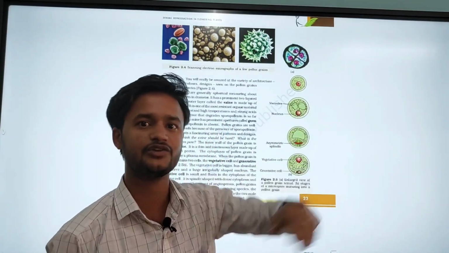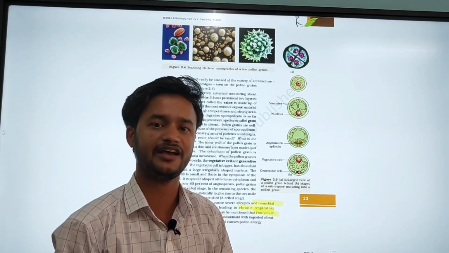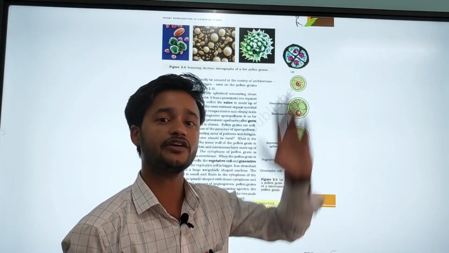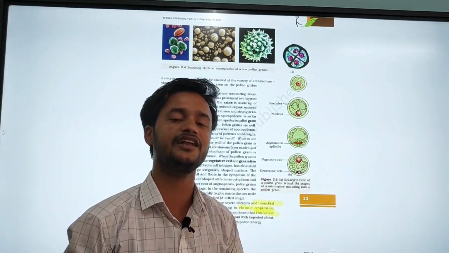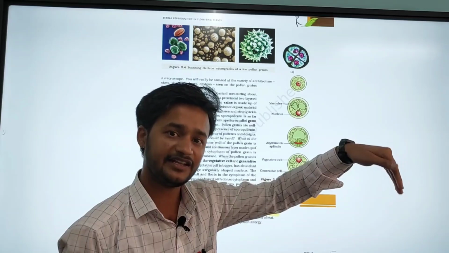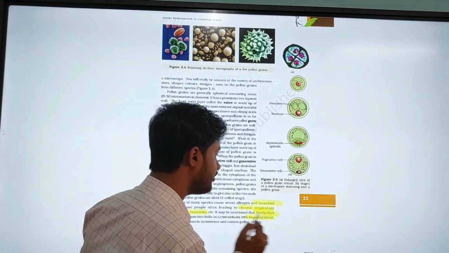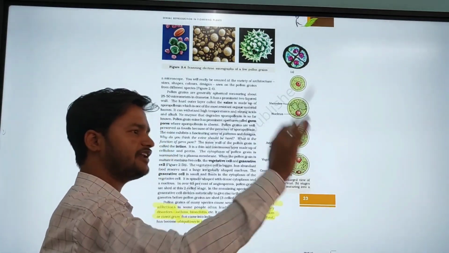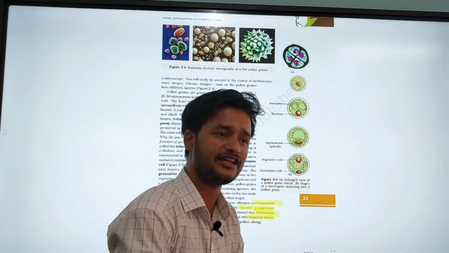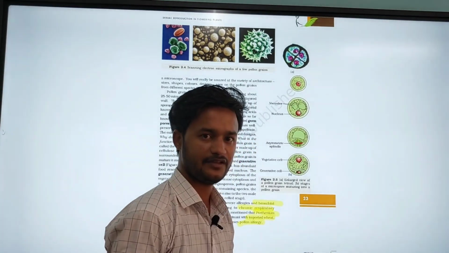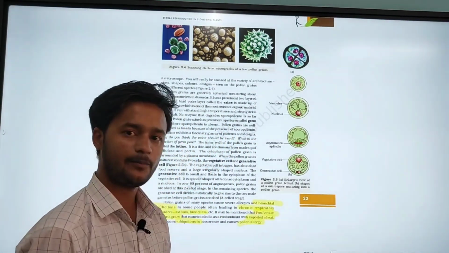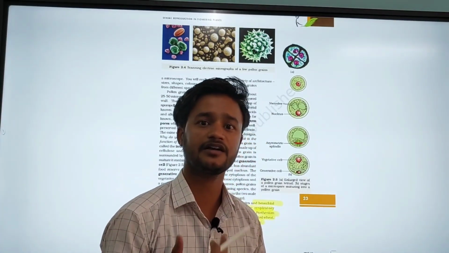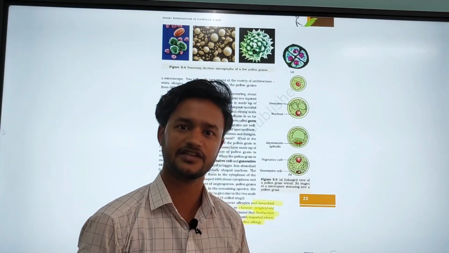It was introduced into India. It is not native to India. It is not an Indian species. Okay, it is an exotic species, but it was introduced into India through imported wheat, right? But it is now ubiquitous, that means it has totally spread and produces a large number of pollen grains which cause allergy, right? So that is the pollen grain, right? So in the next concept we will discuss the gynoecium part, that is the female reproductive structure. Thank you students.